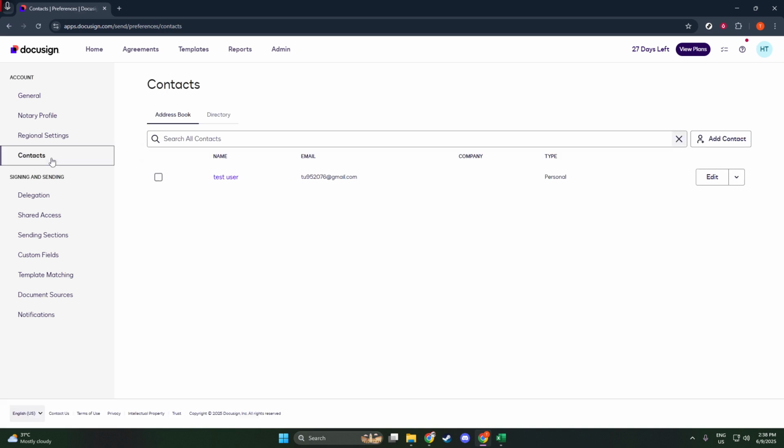Once you've found it, click on it to access your address book. This is where you can view all your current contacts. The address book feature is incredibly useful for maintaining and organizing the people you frequently interact with through Docusign. Once you're in the Contacts section, you'll be able to perform various actions like adding new contacts or updating details